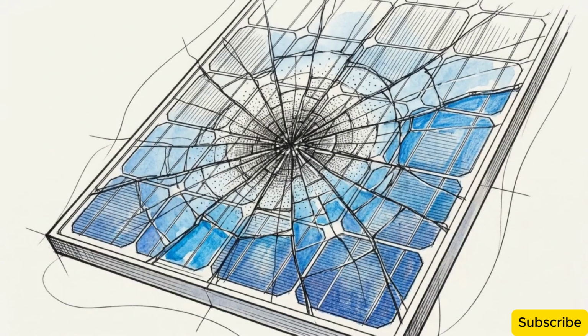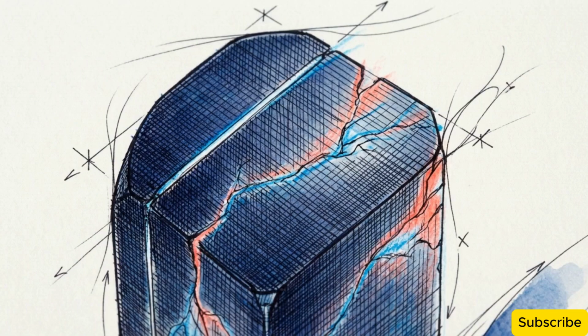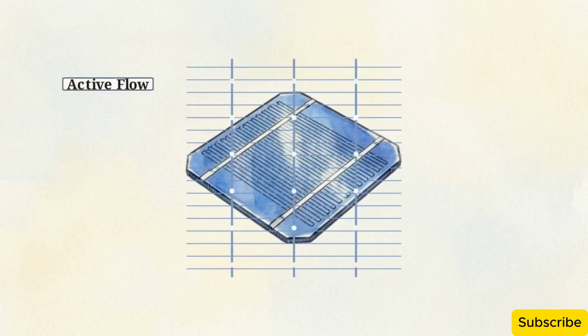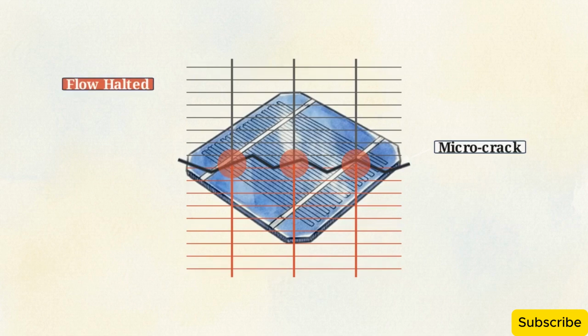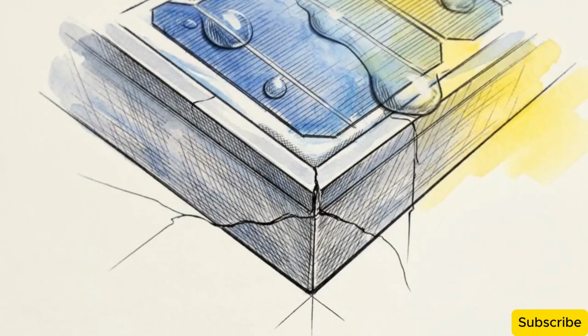solar panel itself. Physical trauma doesn't always result in shattered glass. Serious defects like microcracks and delamination hide deep within the silicon layers, invisible to the naked eye. Looking at this schematic of a solar cell grid, we can see exactly how these microscopic fractures alter the internal electricity. The current flows normally until it hits a microcrack, creating a hard electrical bottleneck and bringing the flow to